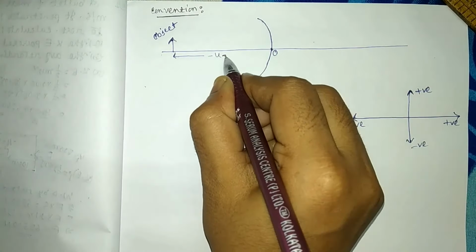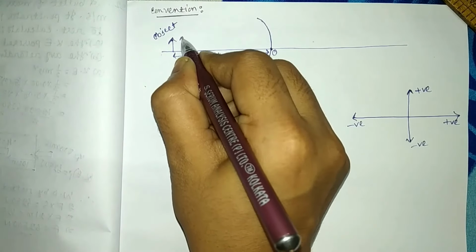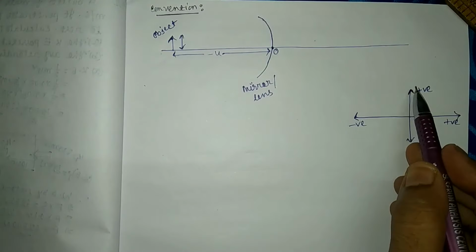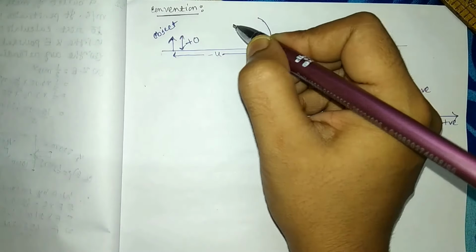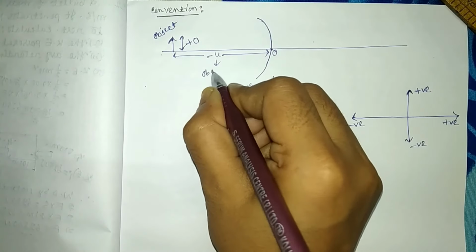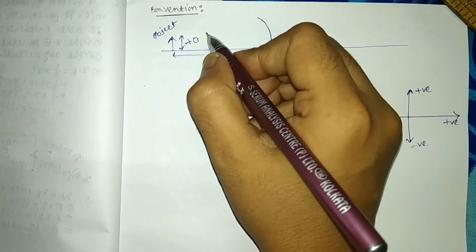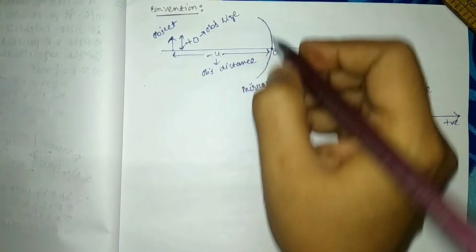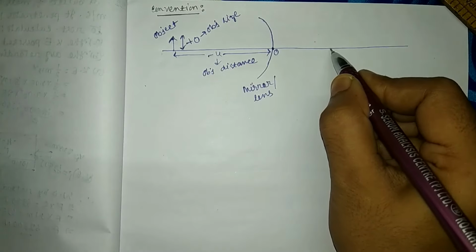That is minus U. And the object size is always positive because towards that side. Okay. So it will be plus O. So minus U is object distance and plus O is object size, and therefore let the image is formed